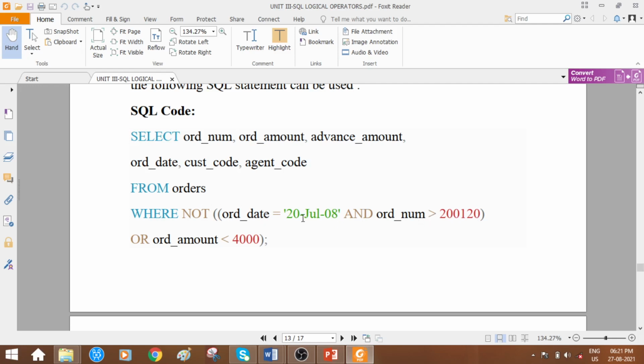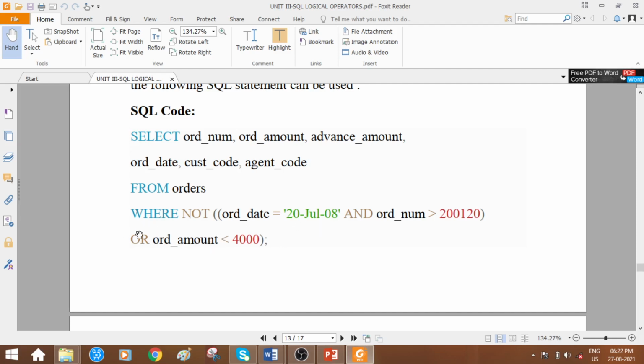See here, order date is equal to 20th July. If this matches, and again the order number is greater than this, so in any case, if these kind of values match, any row which matches this condition, where the date value should be like this and the order number should be above 200120.